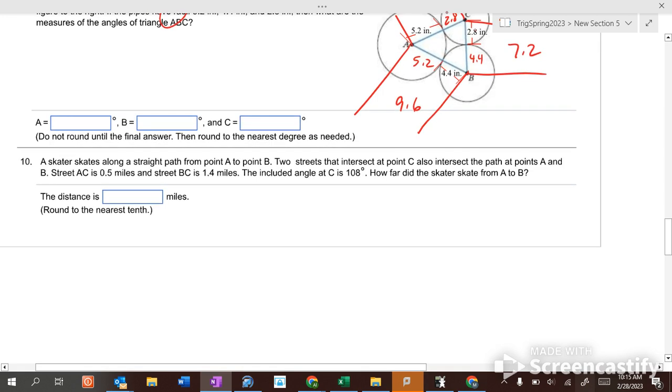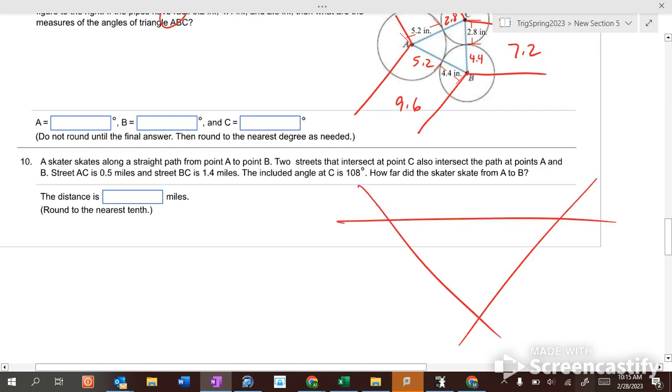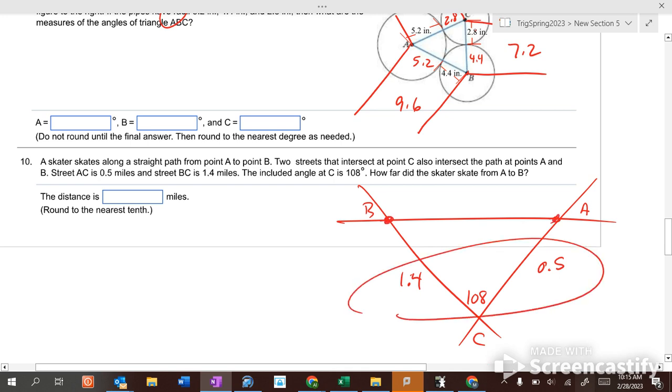And then this one, you have streets that intersect like this. So this, I think, is 108. BC is 1.4. AC is 0.5. You have to figure out angle A here and angle B here because this is angle C. You have to figure out how long this is from A to B. Well, that's just simple law of cosines. Okay? So, you have 10 problems. It will take you a while to do